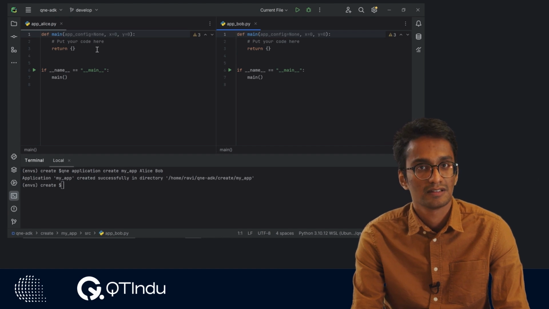So for our application, since we are creating entanglement and measuring it, let's go ahead and create the two objects that are necessary, which are the EPR socket and the Netcasm connection. Let's go ahead and import them.